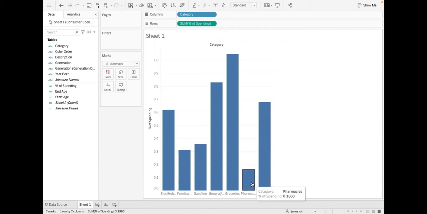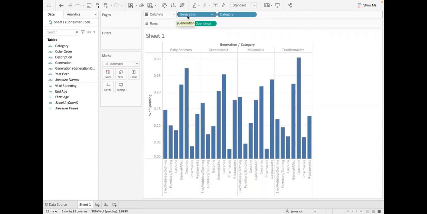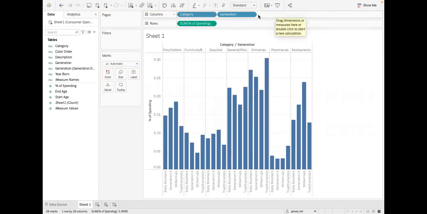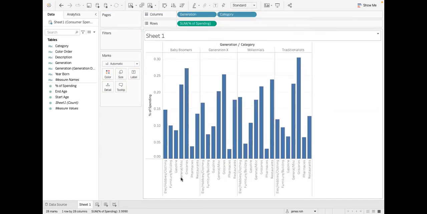And I want to understand this by generation, right? By generation, how much do they spend? So this is good to know overall, but by generation, how much are they spending? So I can bring generation over here, or you can bring it over there, right? That's something that you can do. What is the difference between putting generation before category or after category? If you put it before category, then the category comes first, and then under the category, how much they are spending is